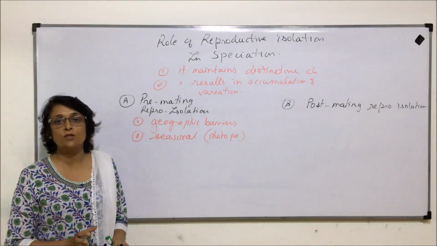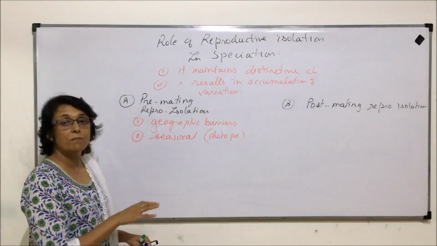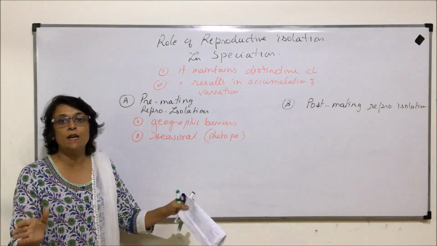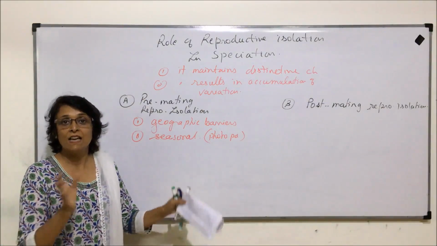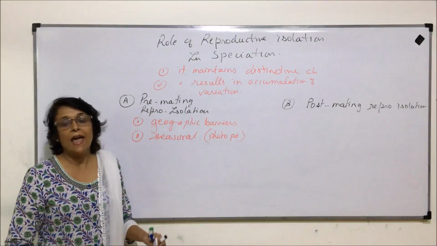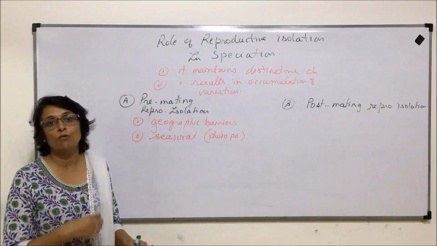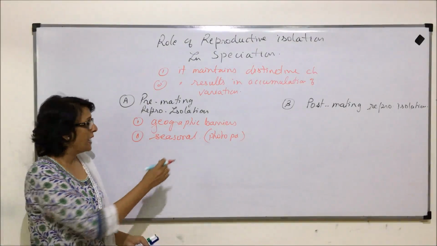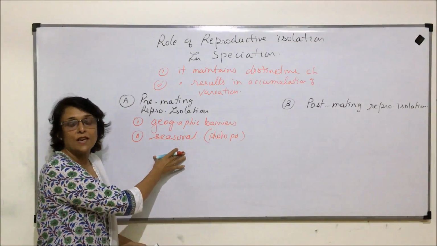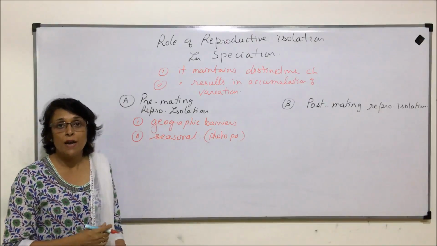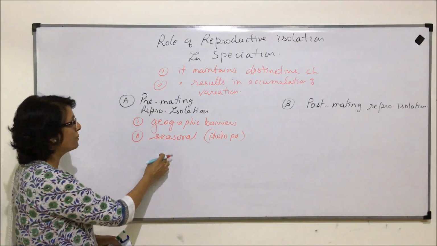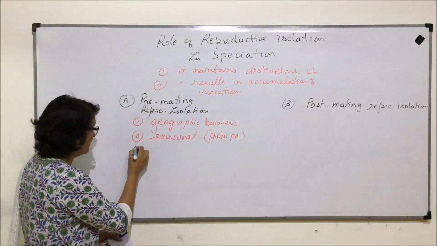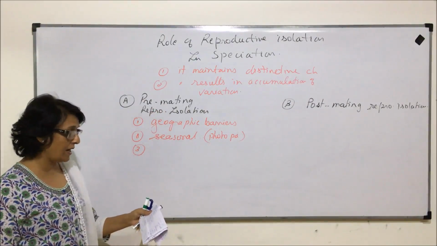So we are trying to say that the members of the same species have ended up in two different areas with different seasons, and their gonadial activities are also going to be different. So if the gonads or the sex organs do not mature at the same time, they will not be able to interbreed. The third reason which we can take here is